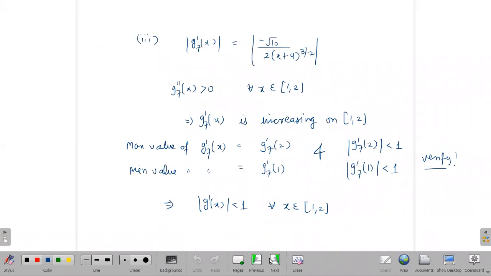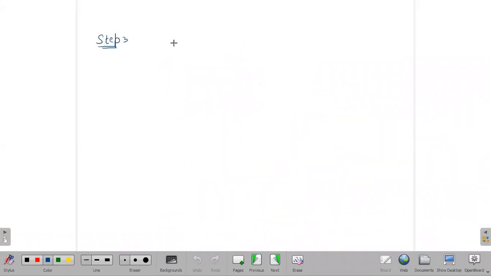So now you got the appropriate g of x. Let us take the initial guess. What should be the initial guess? You have to take 1 point from the interval (1, 2). Let us take p naught as its midpoint, means 1.5, which belongs to (1, 2). You can take 1.1, 1.3 also. You can take any number, but I'm taking 1.5.